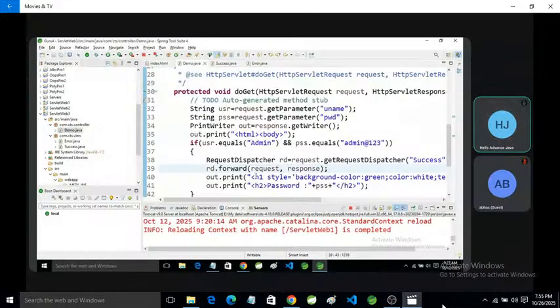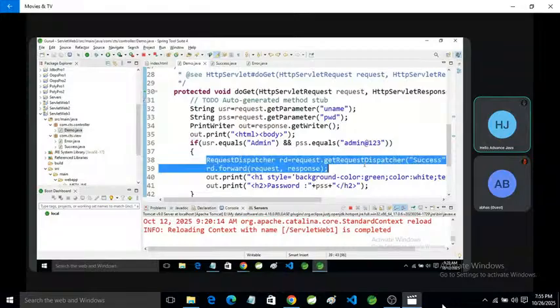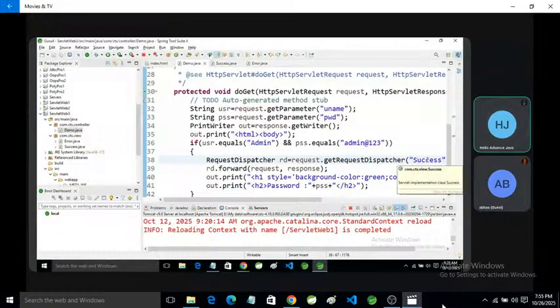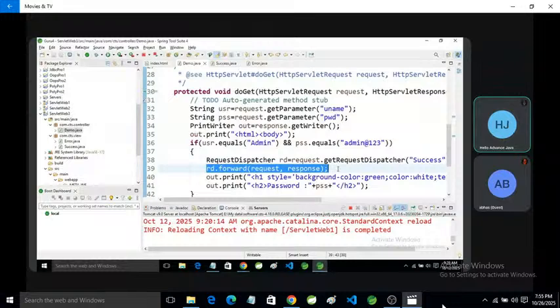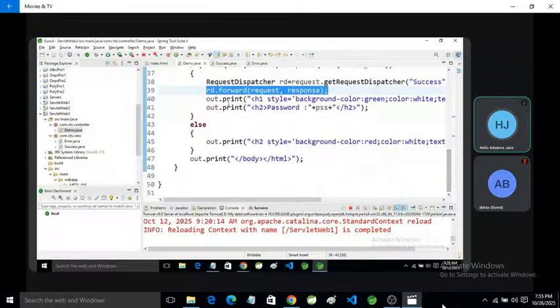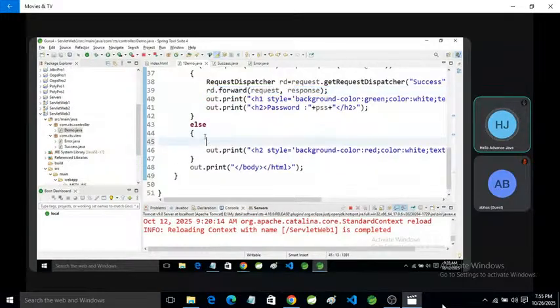So if the condition is true, then we will call the success servlet and forward, transferring the value of request and response to the success servlet. If the condition is false, then again we will call the request dispatcher.